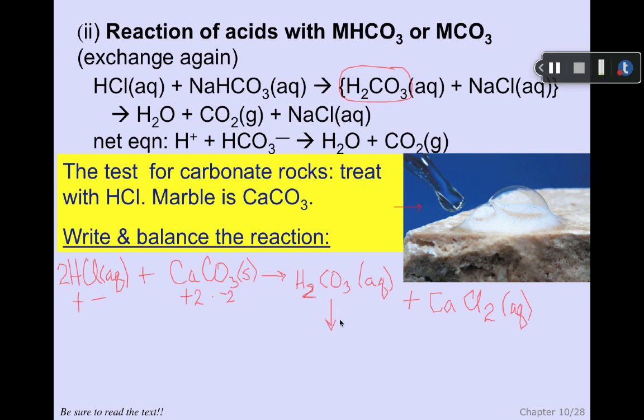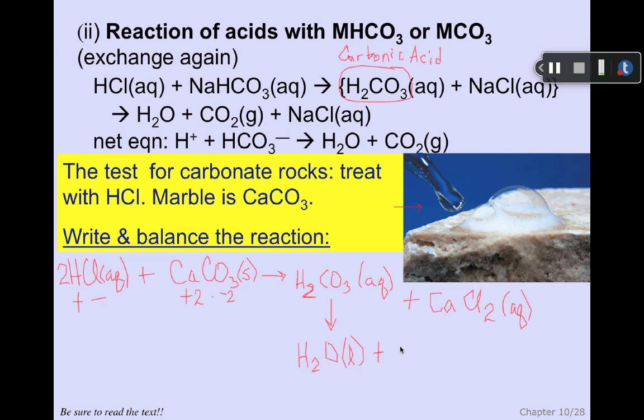But it's not complete until we show the final state for the carbonic acid. I should write its name up here for you. I don't expect you to know carbonic acid necessarily, but I refer to it enough that I thought it would be useful to write down its name for you. Okay, it does not stay intact as H2CO3. It immediately dissociates in water, which is where you will only find this occurring, the only discussions we'll have, to make water. And what remains after you take that out,